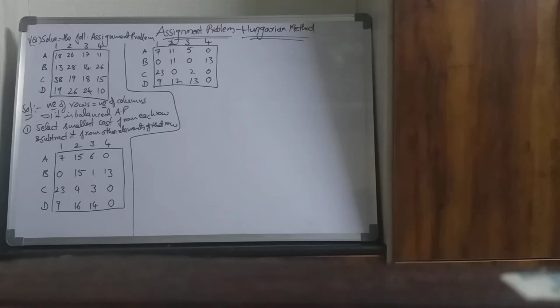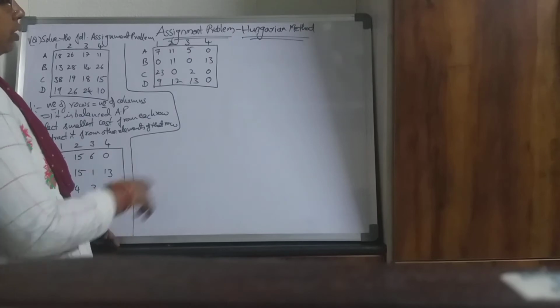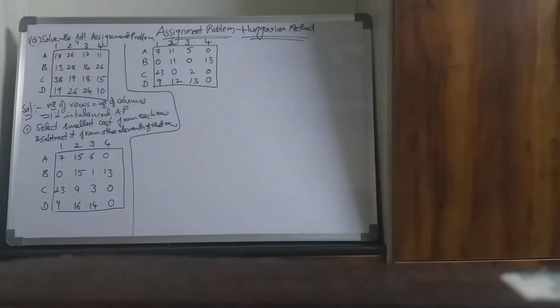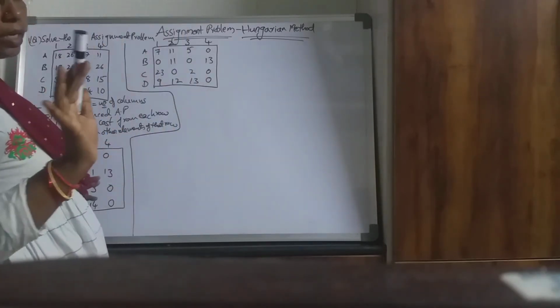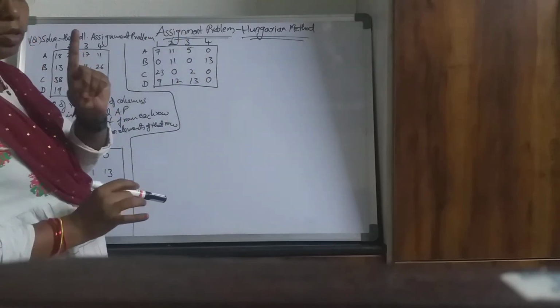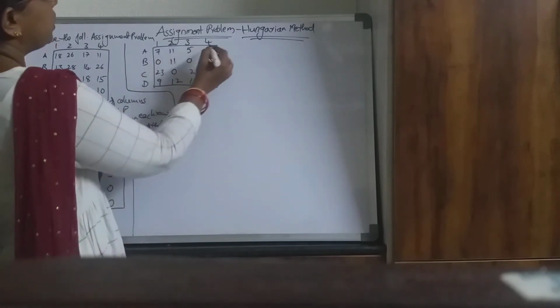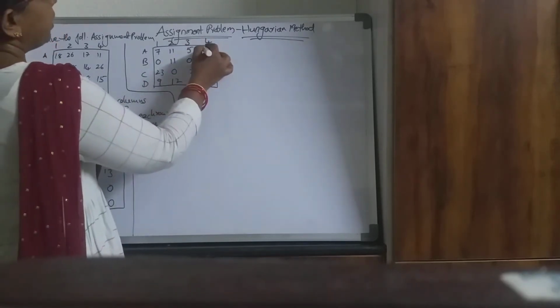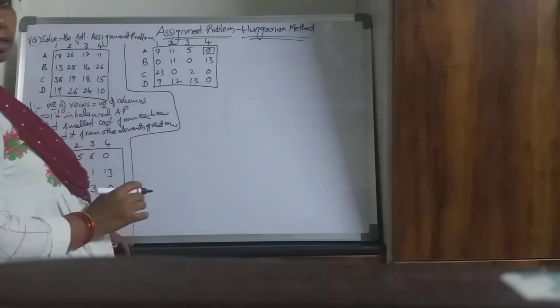After getting each row and each column at least 1 zero, now we have to make the assignment. How will we make an assignment? Come from the first row. See whether we have at least 1 zero in that row. Okay, so here in the first row, I have 1 zero. If you have 2 zeros, don't make an assignment. You have to select the row which is having only 1 zero. So here in the first row itself, I have only single 0. So I'll make an assignment here by drawing a box rectangle on that 0.